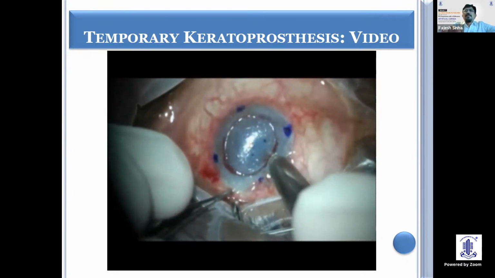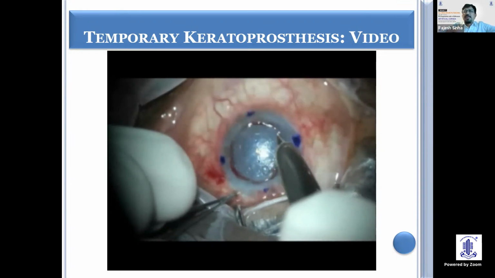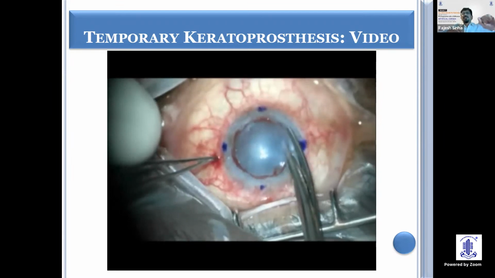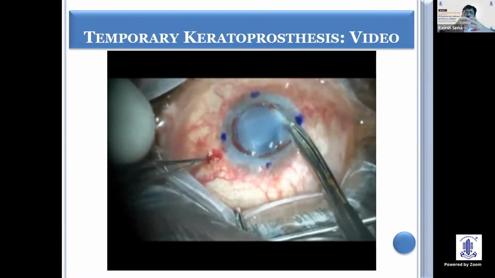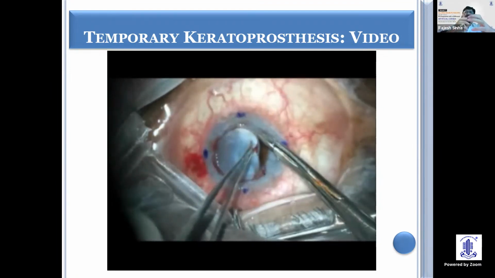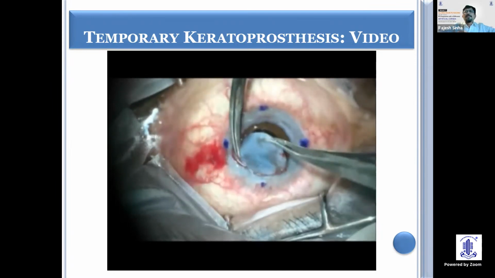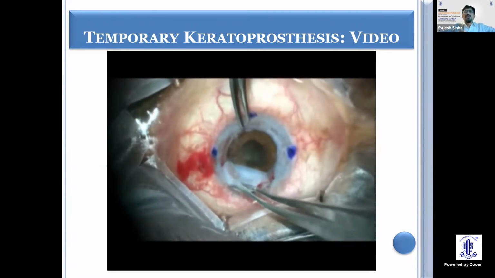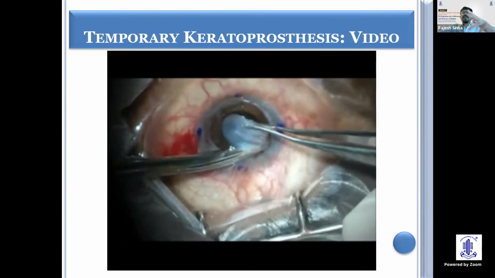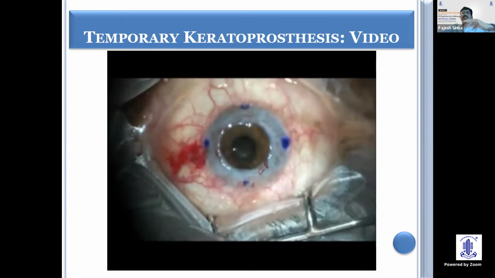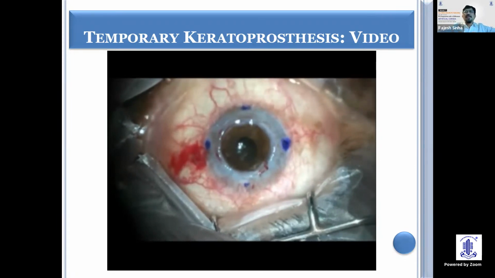So you create a mark because you have to do a penetrating keratoplasty subsequently after doing the vitreoretinal surgery. So you have to be absolutely sure that the groove and the mark is in center, so that subsequently you can have a central graft. So this is how you remove the tissue. You first refine, and then when you're cutting the cornea, you keep the blade vertical so that you don't have a ledge. And then once this is done,